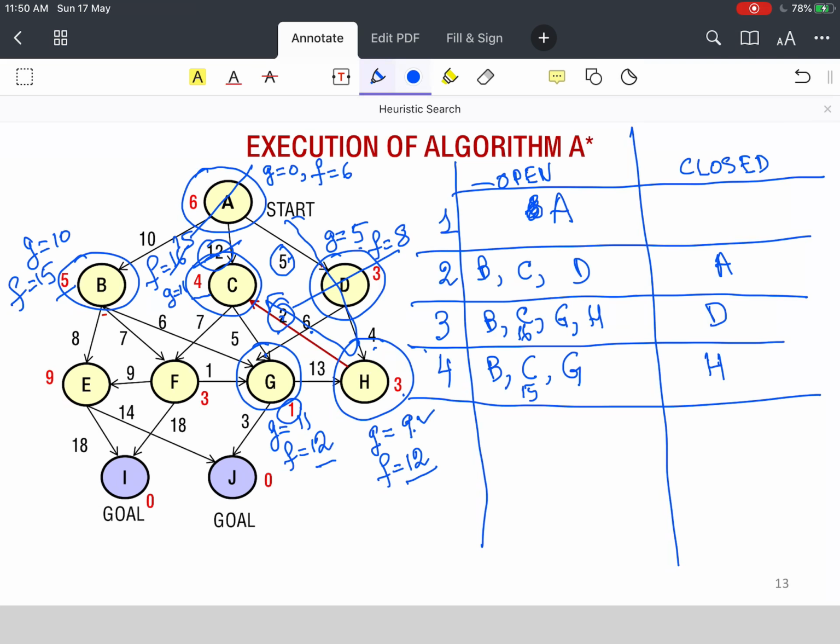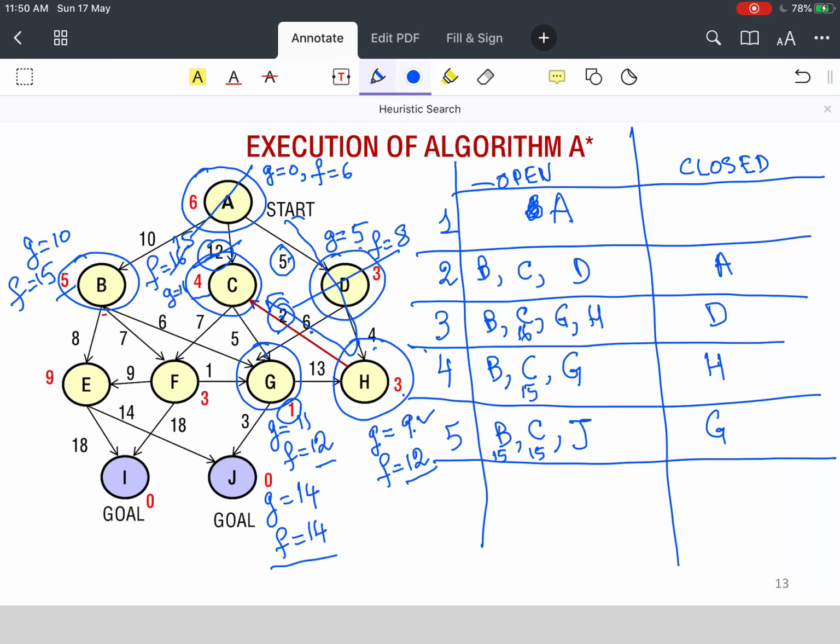Now from these three nodes, we will notice that G has got the minimum cost. So we will remove G and put G in closed in step 5, and B, C, and J will be in open. We know that B is of F value 15, C is of new F value 15, and J, once we come to J, its G value is 11 plus 3, 14.